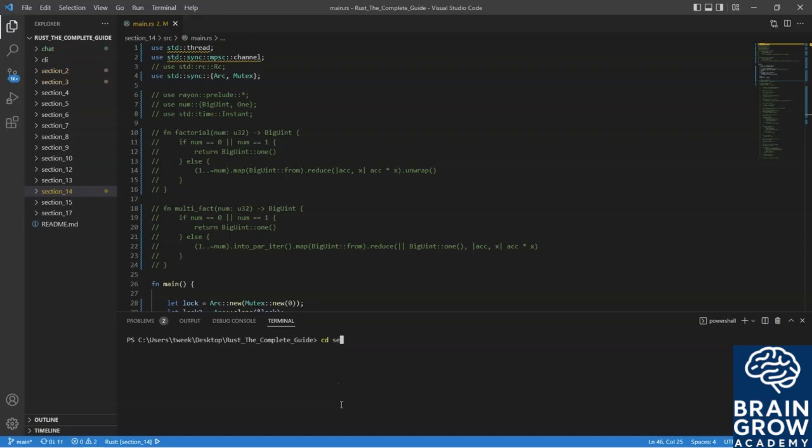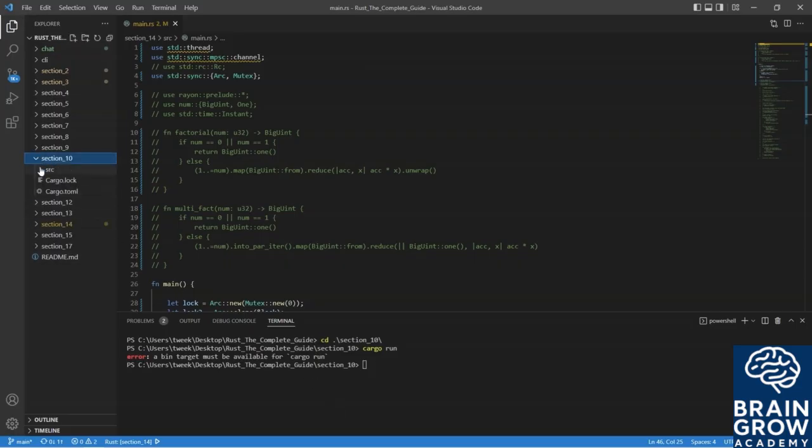And then just change directory into any of the folders depending on what lecture you are on. And then it'll run as normal. And of course, the one that I picked happens to be of a